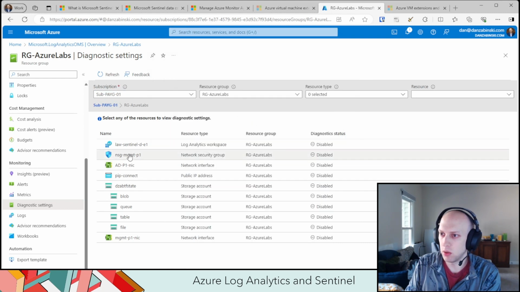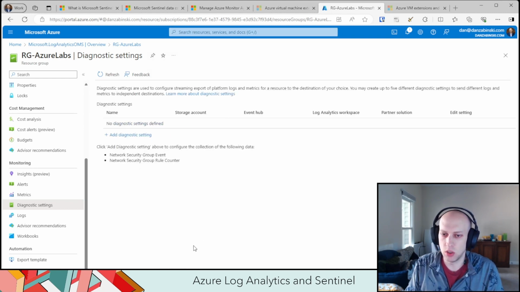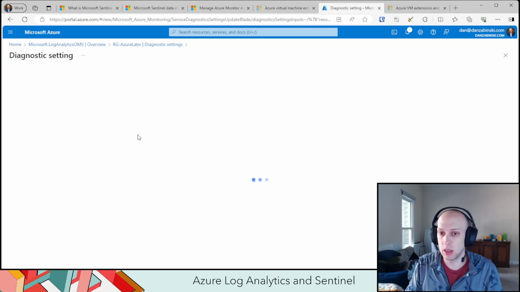No, let's go ahead and do logging for this NSG. This network security group is used to whitelist only my public IP address to access my lab resources here. But this is the same menu that you'd see in any resource if you're going under diagnostic settings. Essentially, it says that there's nothing here, but this is where you configure things to connect to a Log